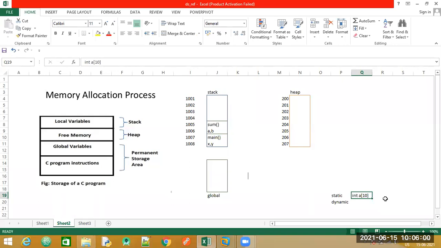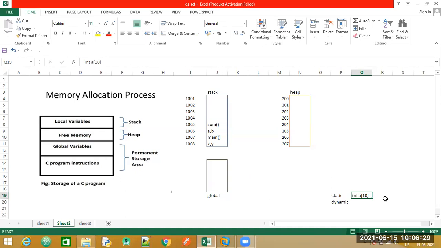Now when I run the program, I may not use the entire memory space. I may use only around 5 blocks and enter only 5 elements. The rest of the 5 blocks are wasted. The other way around, if I need to store more data, I am falling short of memory.